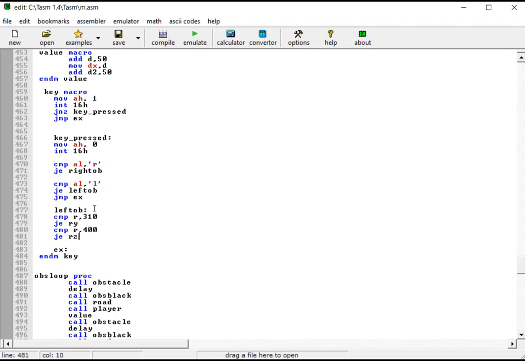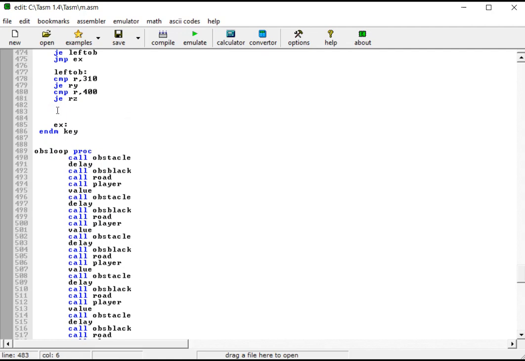If it is at 310, so when it's equal, it will jump to another label, and if it's not, then it will compare its value to 400. So these are the two places that the player can be if it has to move left. So after that,